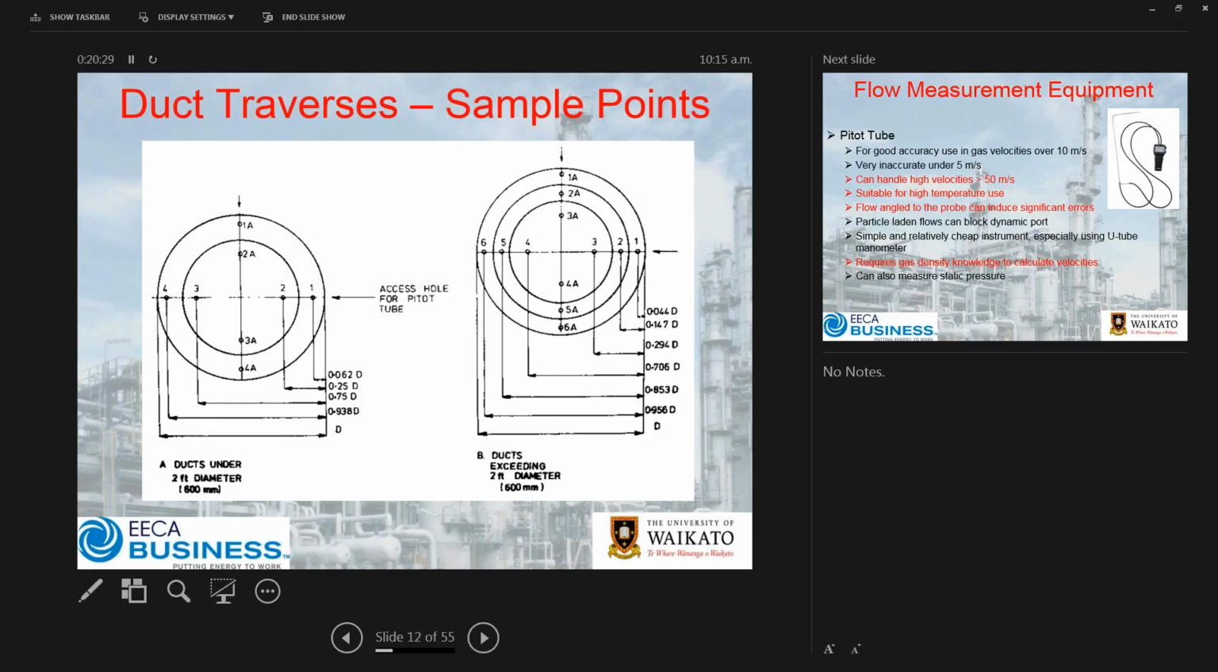You've got a sample tree, if you like, or number of points that you would take, and so you can see that you're sort of getting a cross-section of the round duct. There's similar charts available for rectangular and square ducts. Now what you'll find, those of you that have annubars that run across these process air ducts, what you'll find